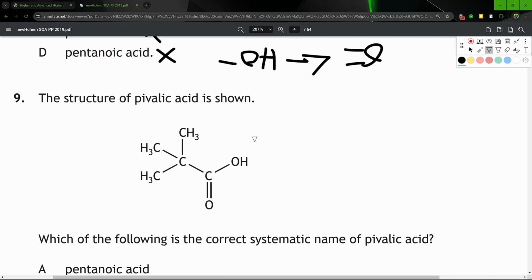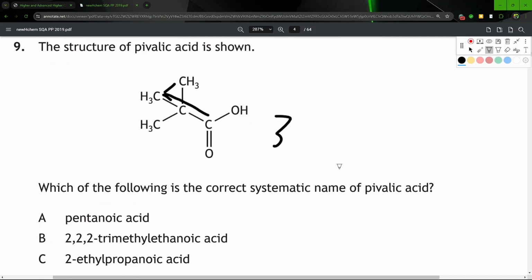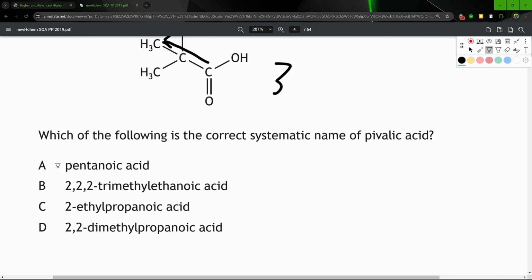And ideally we want the functional group to be on the lowest number of that chain. So I'm having a look at this, I'm saying, okay, well that's a carboxylic group there. So I'm gonna start there, and then move along this chain and see if we can find the shortest answer. And see here, it looks like it's going to be 3, because I can't make it any less. If I went here, it'd be 3. If I went here, it'd be 3. So we know that it's going to be based off of 3, which means scrub that,